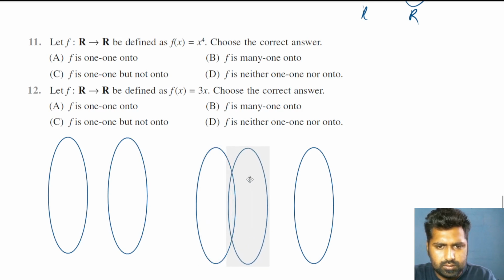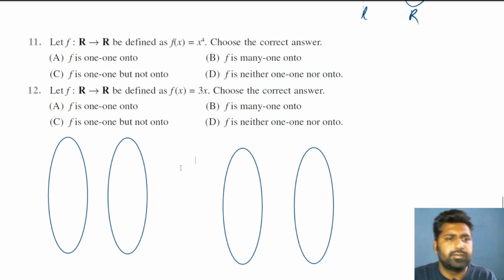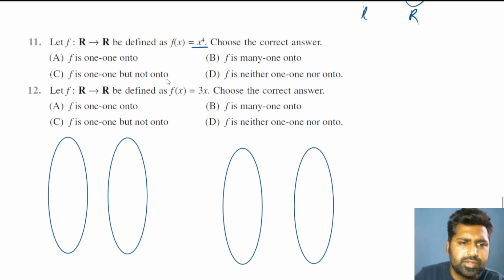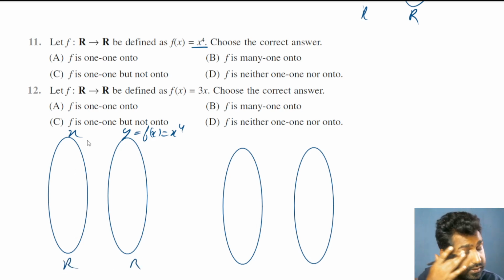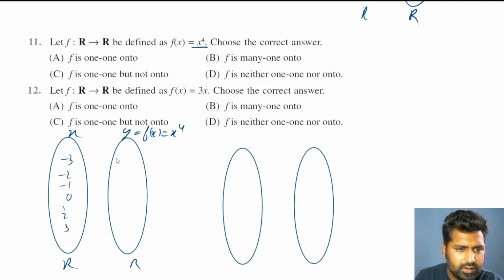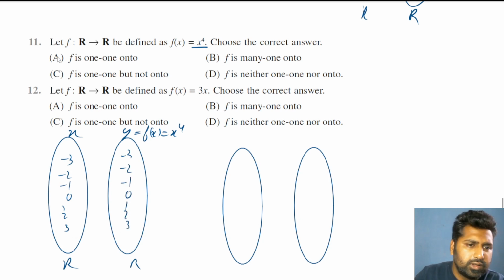Alright, for the x raised to power 4 question, y is f(x), basically your x raised to power 4. This is R to R, so that means negative numbers, positive numbers, square roots, cube roots, everything will be here. So let's see. I'll start with negative: minus 3, minus 2, minus 1, 0, 1, 2, 3. If we take the value of x as 0, then 0 raised to power 4 is